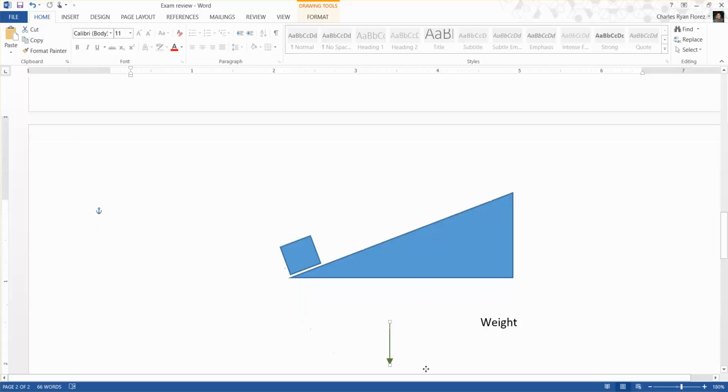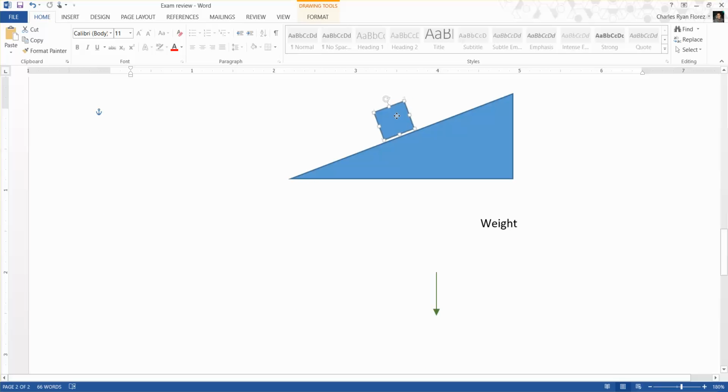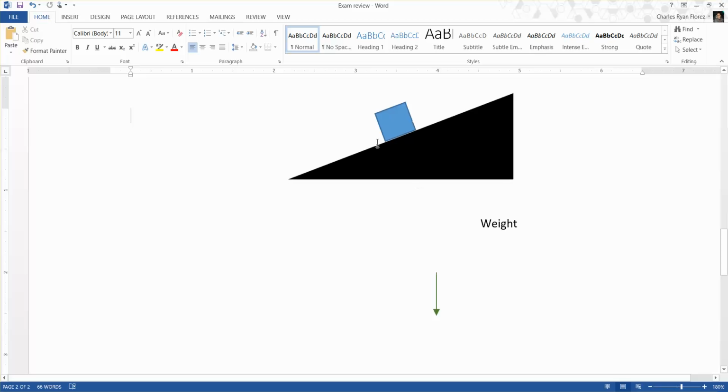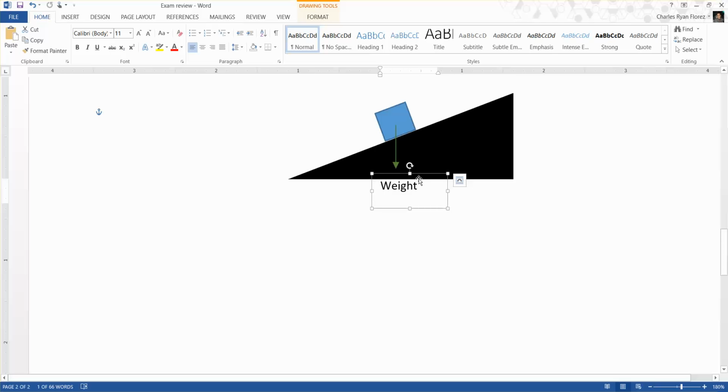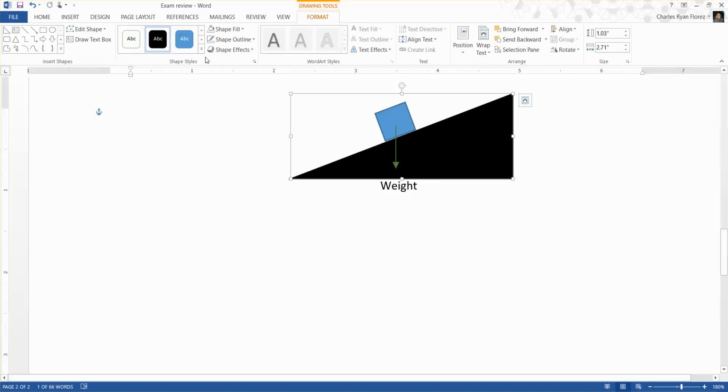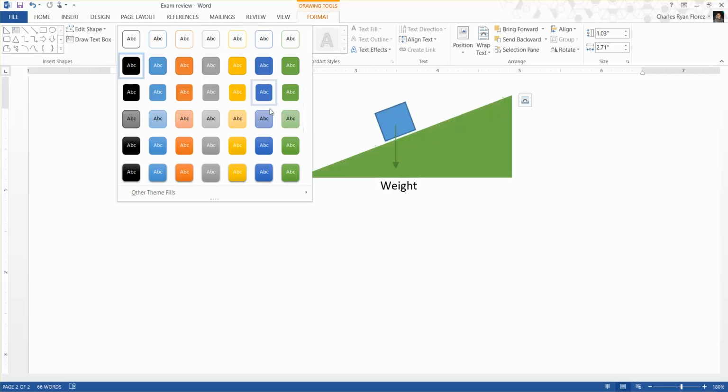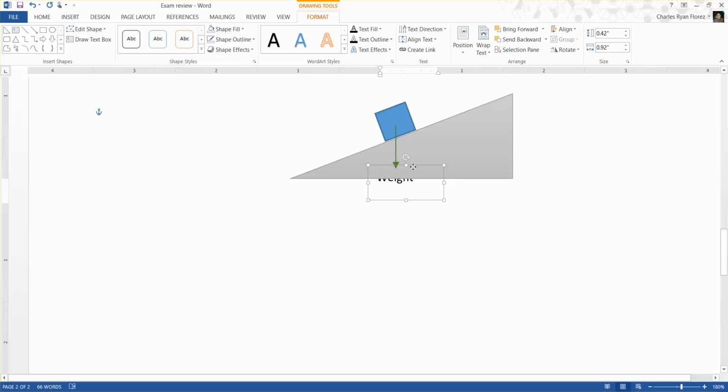So here, let's actually put it here. So in this case, your block is on this inclined plane. Now the force normal is not in the same direction now as the weight. It's in a different direction. So that was a bad idea. So now your weight is facing down. Let's color this. Great. So now your weight is facing down,